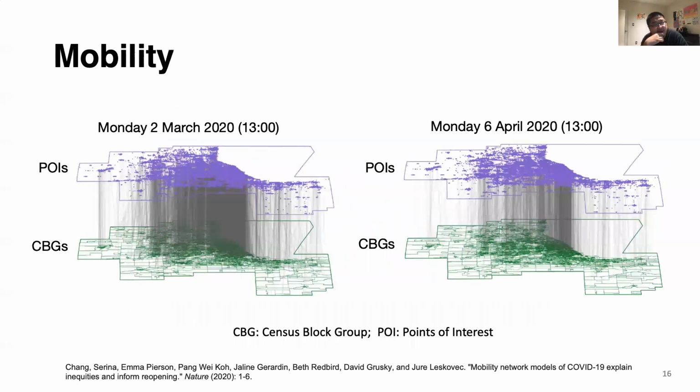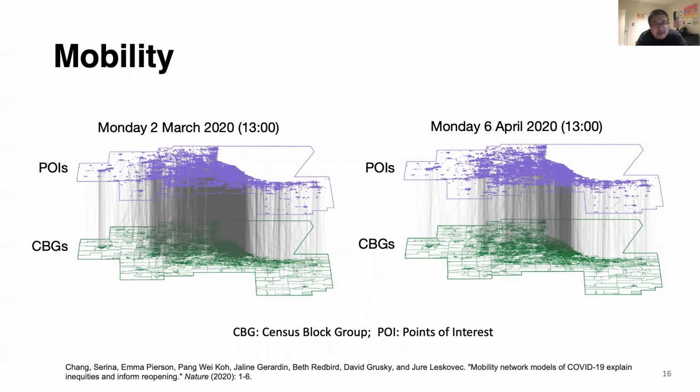Another important aspect is human mobility. Because of the various non-pharmaceutical intervention policies, a lot of people's mobility patterns and behavior got completely changed. And this is from a study published in Nature. The authors leveraged the mobility network, which captures hourly visits from each census block group to each point of